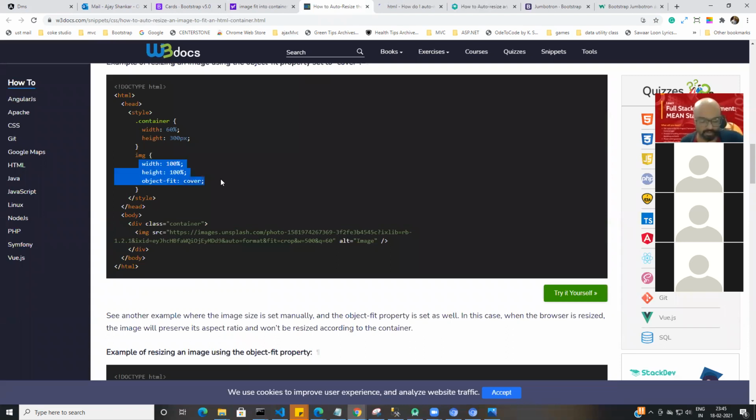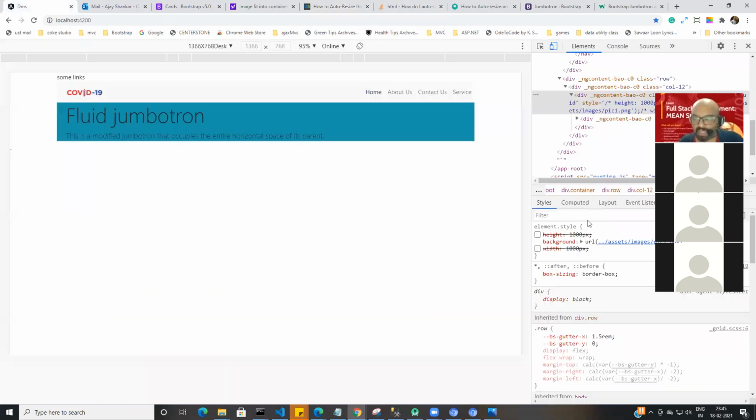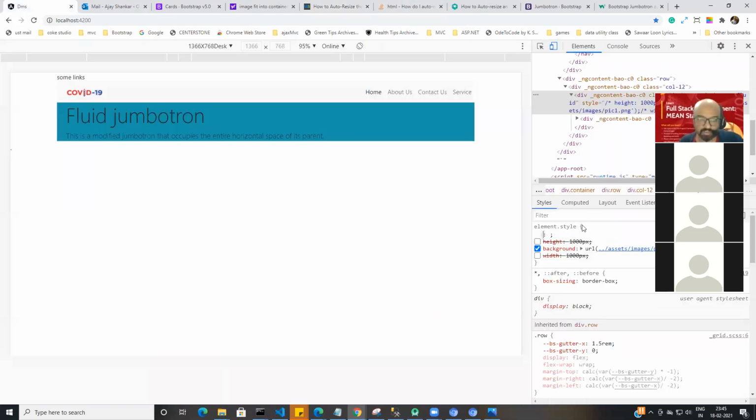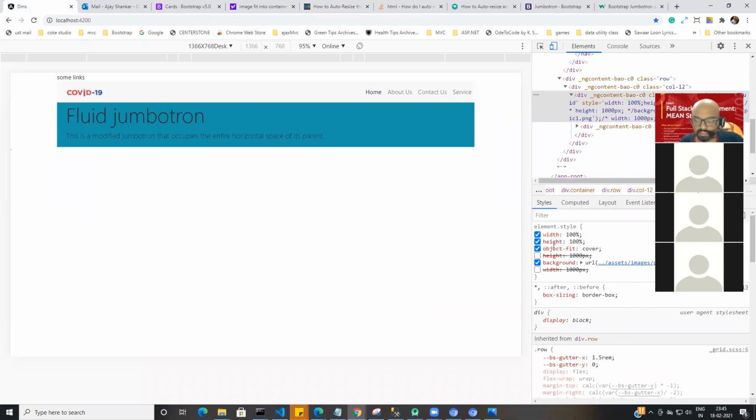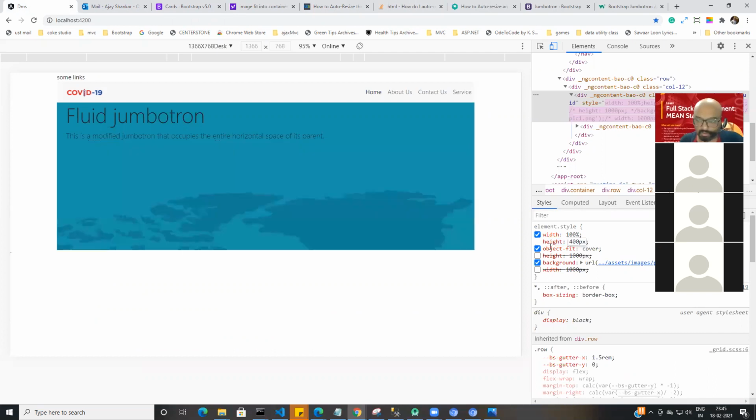So we need to crop the image. Yes, we may need to crop the image also, but let me try with the CSS. Can we handle it through CSS? Let me just check. If I say height at least 400 pixel, will it work? And there's one more CSS called no-repeat.